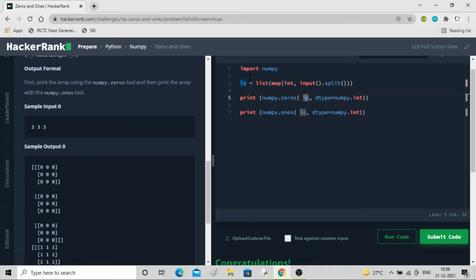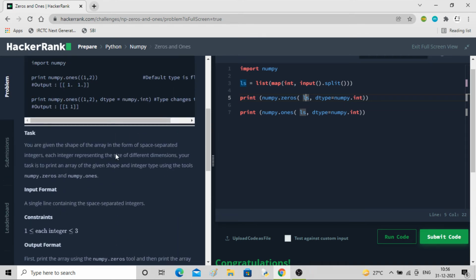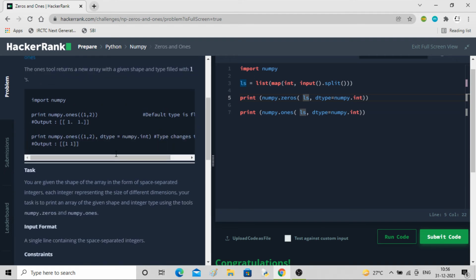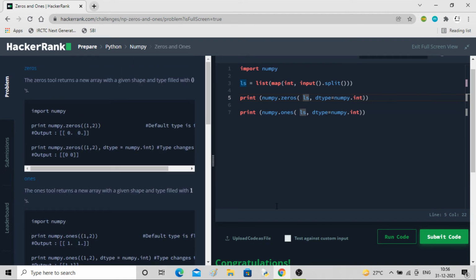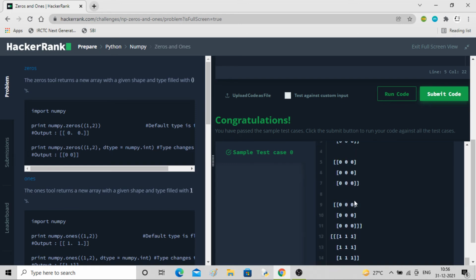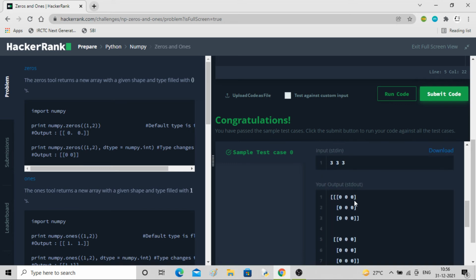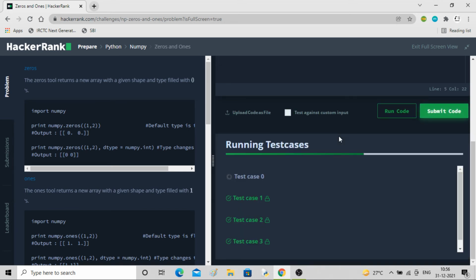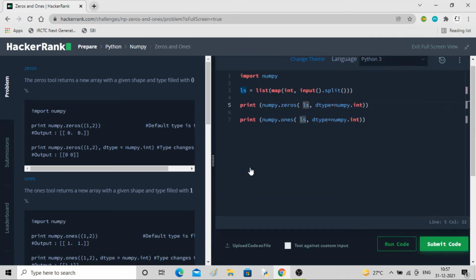I think it is correct. What's the problem? Is there anything I am missing? Congratulations, the test case is passed and the expected output is the same. Let me submit it. Now all the test cases are passed.